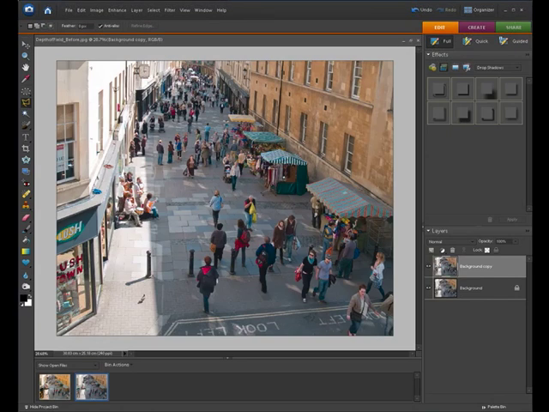Hello and welcome to the second part of this Create Artistic Depth of Field tutorial. In this part we're going to adjust the exposure on the left hand side, and we're going to do that using levels. So the first thing to do is to select the area, and we're going to do that using